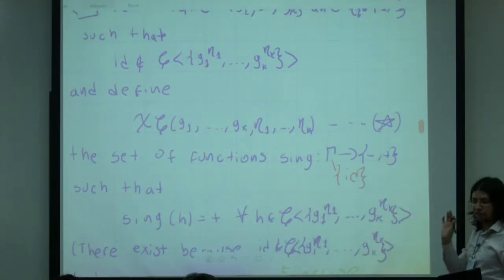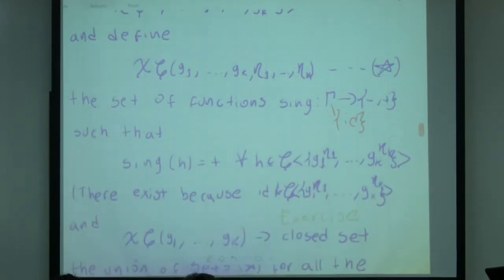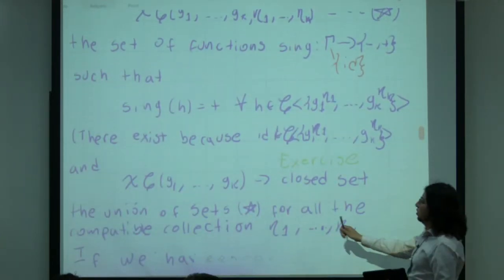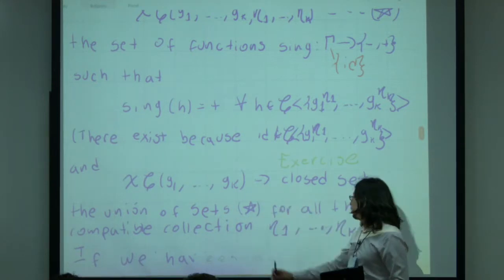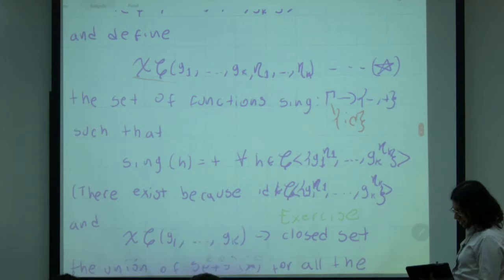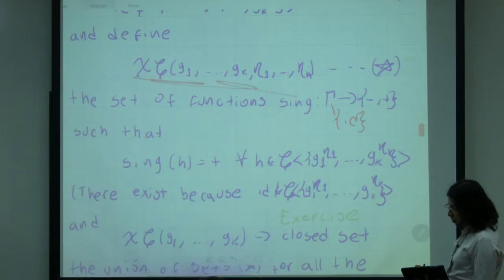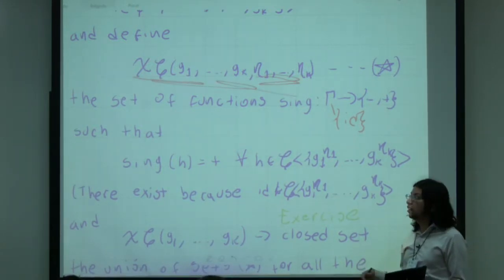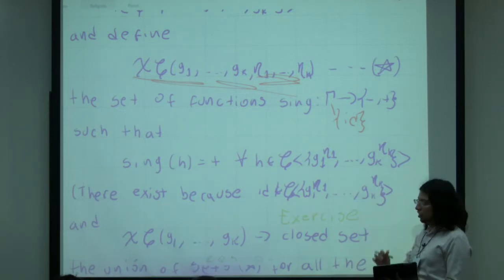Okay? So we can take this set, like the union of all of this for all the possible choices of the exponent compatible with